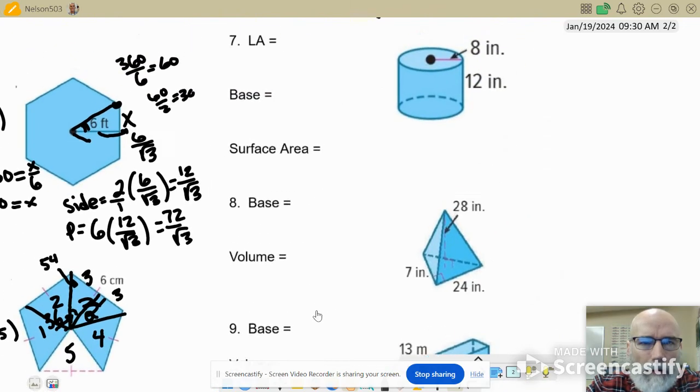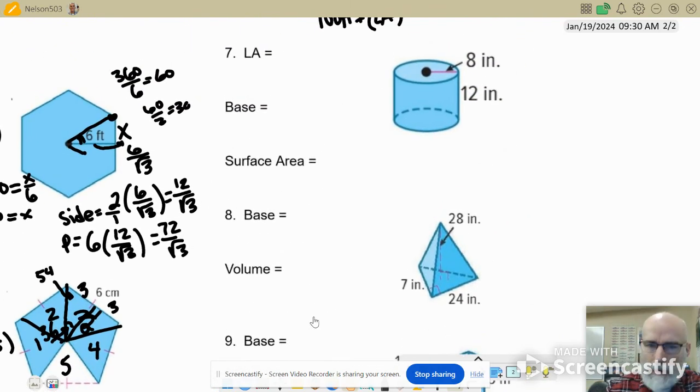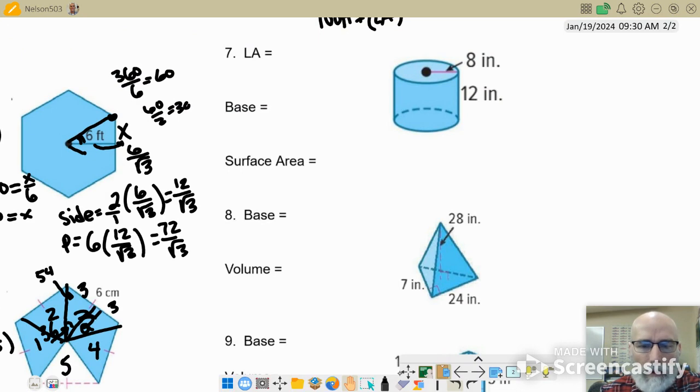All right, here we go. Last few problems. We need the lateral area. So that is the perimeter times the height, right? On a figure that has two bases that are parallel to each other, you just need to find the perimeter of the base and multiply it by the height. So the perimeter in this situation is called the circumference, and it's the diameter times pi, and then the height